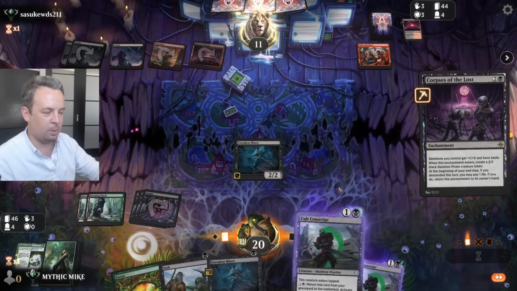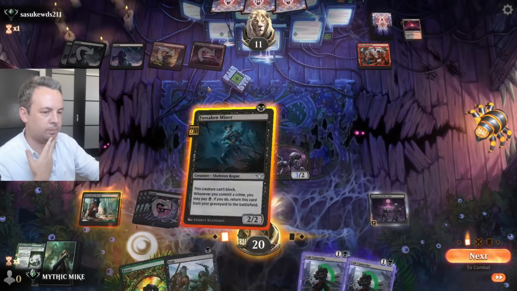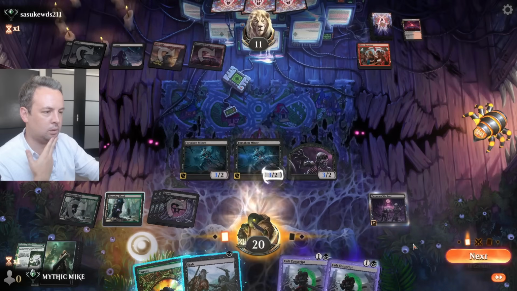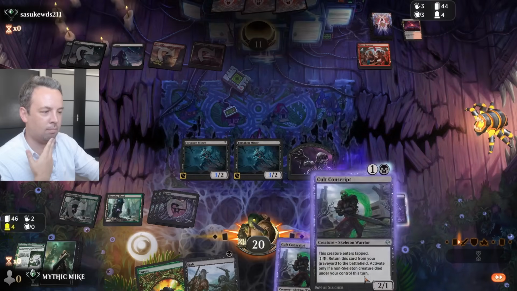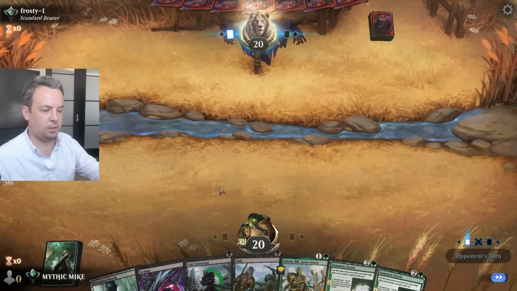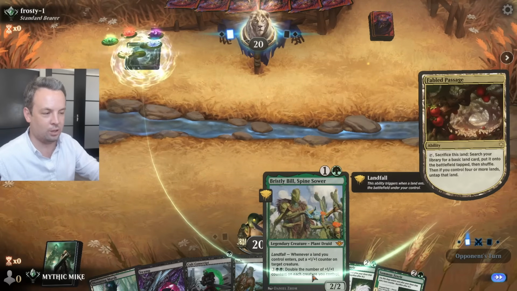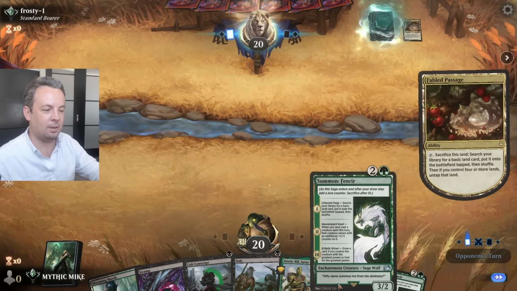I mean, I don't even think we play these, to be honest. As much as I wanted to. I think we just go. And then we bring this back. This feels smooth. Frosty 1, let's go. I mean, the fact that this is already a good card. I mean, the fact that summon...